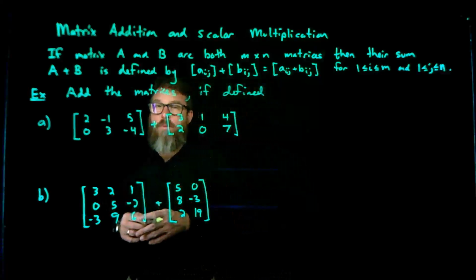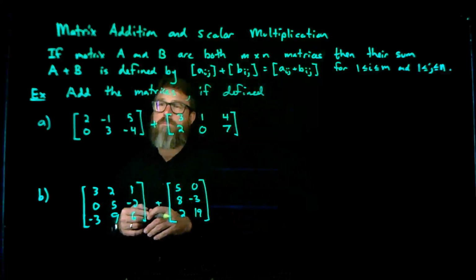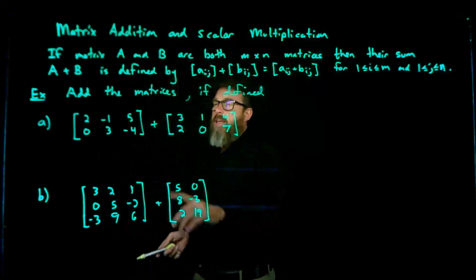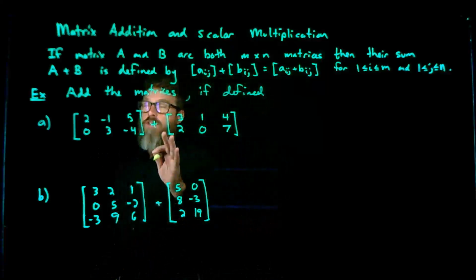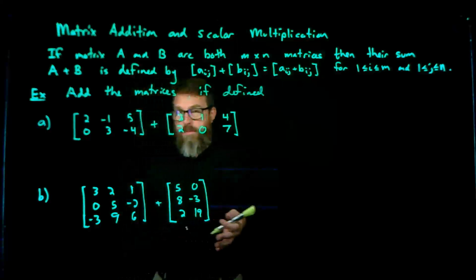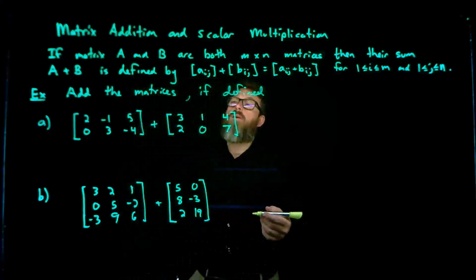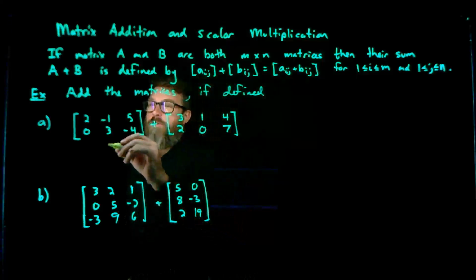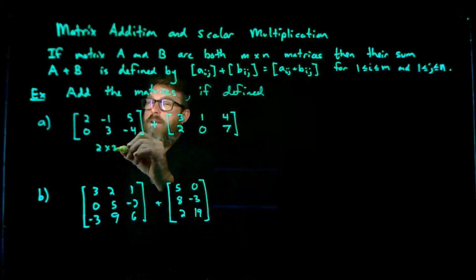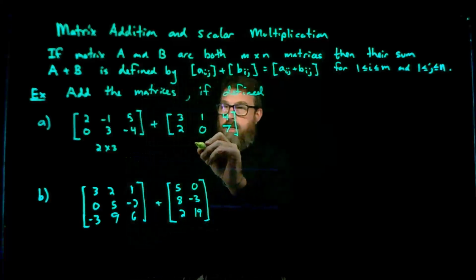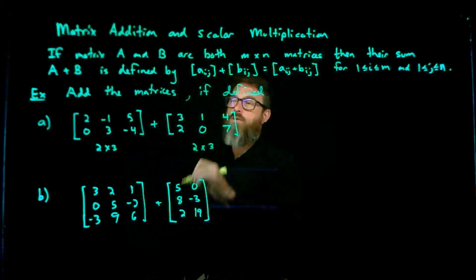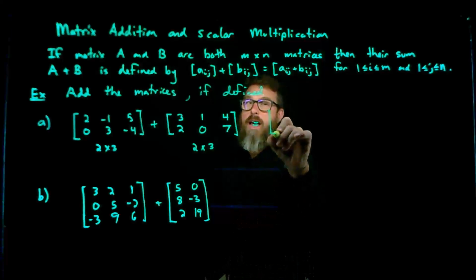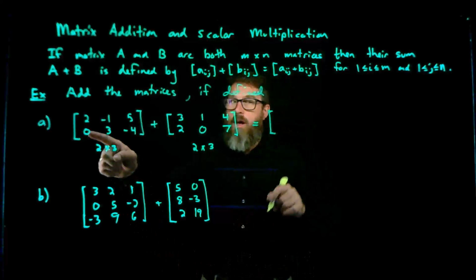So I have a couple examples here. So I have two matrices. In this case, what we can see is we have to check their size first. And if their size matches, then their sum can be defined. So what we know is these are rows by columns, so this is a 2 by 3 matrix, and the same thing here, this is a 2 by 3 matrix. Since they're both 2 by 3 matrices, you just add their corresponding entries, so this is going to be equal